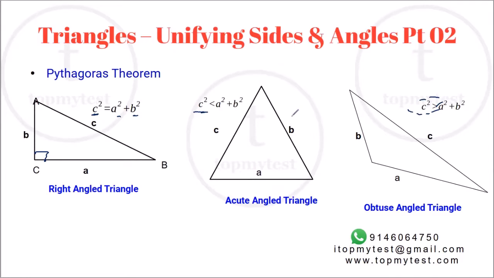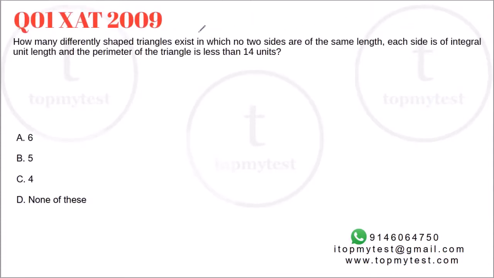Now, using this, let's try to go about solving the 5 questions we have in this session. The first question is from XAT 2009. This has appeared in multiple shapes and forms in CAT as well as IIFT papers, but I'm taking this because it's a slightly lengthier question than the other two. I know there is a formula which exists to do this quickly, but in case you want to learn only the basics and don't want to learn a lot of formulas, this question can also be solved using things which we have already learned. Okay. So let's do this.